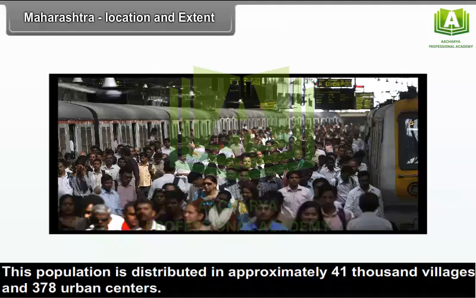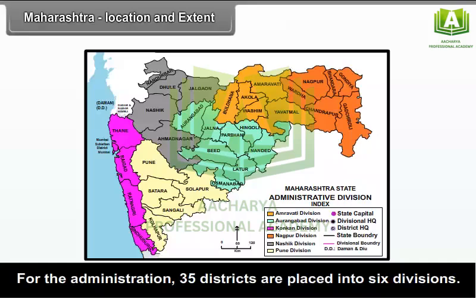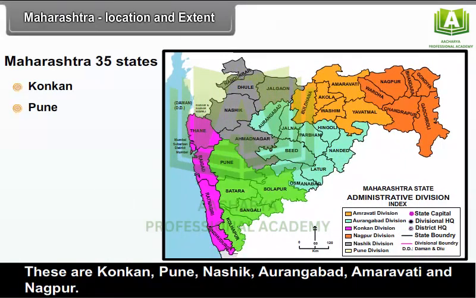This population is distributed in approximately 41,000 villages and 378 urban centers. For the administration, 35 districts are placed into 6 divisions. These are Konkan, Pune,